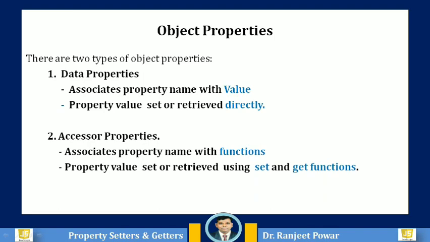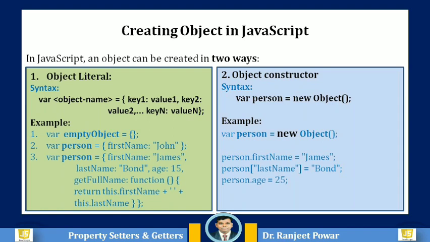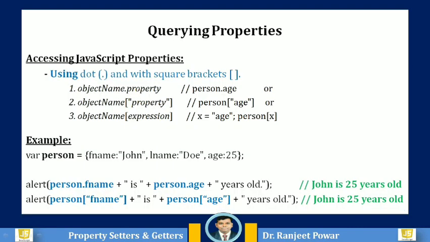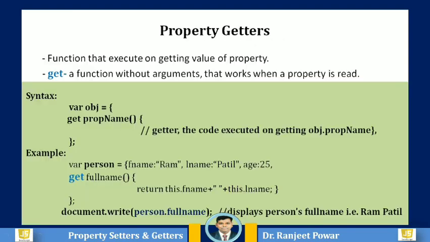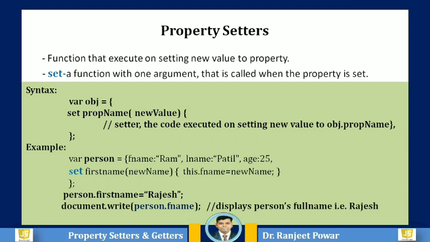So, a JavaScript object is a standalone entity that holds multiple values in terms of properties and methods. An object property stores a literal value and a method represents a function. An object can be created using object literal or object constructor syntax. Object properties and methods can be accessed using dot notation or square brackets. The property setter and getter are used to read or set property values of accessor properties. So this is all about objects and properties in JavaScript.